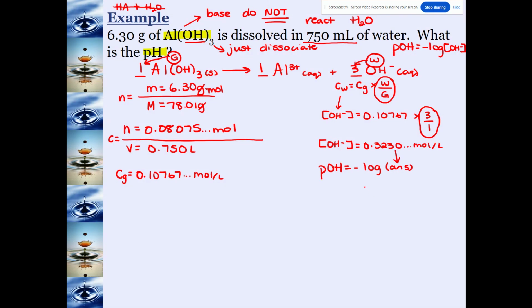I'm going to go negative log, second function, and hit the negative button, which gives me my answer if you have a graphing calculator. And this is going to give me my pOH, which is 0.4907, and so on. But my answer is asking for pH. So like I said, I can convert from one to the other by subtracting from 14. So again, in my calculator, I'm leaving the unrounded answer and going 14 minus that answer. And we're going to get a value of